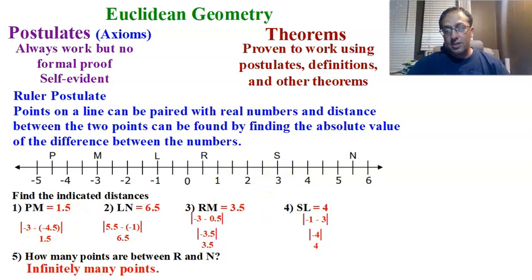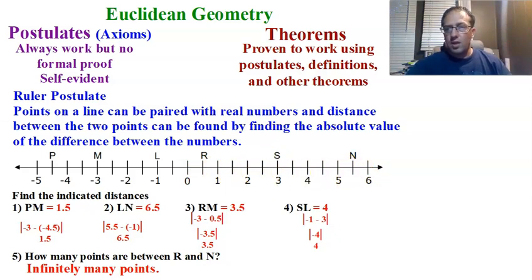The exact answer is infinitely many points. Because, yes, we do have 1 and 1.5, and those are marked. But we also have 1.51. It's still there, right? And 1.512, and 1.5123890015398, right? An infinite number of points just between 1.5 and 2. So there's an infinite number of points between R and N. They're not all going to be marked because nobody has a magnifying glass that good to show all of them. But they are all there.